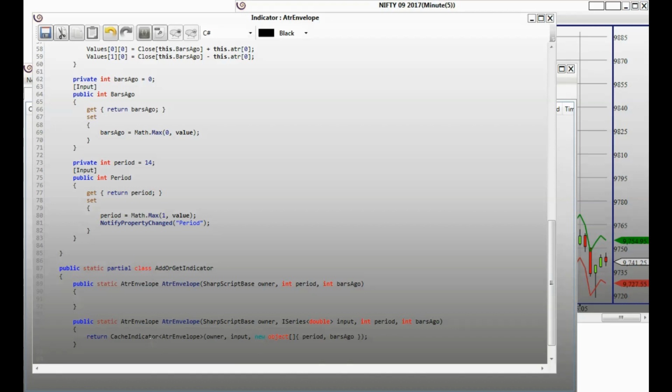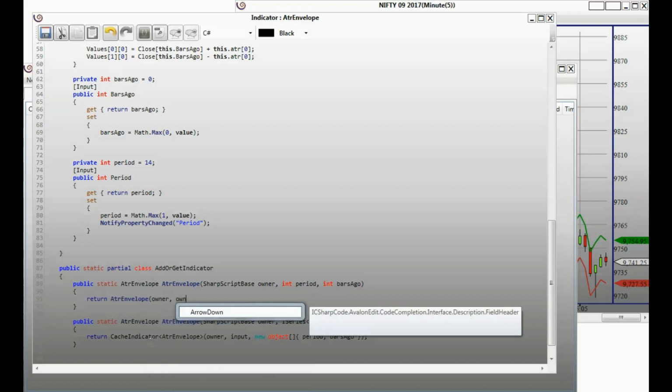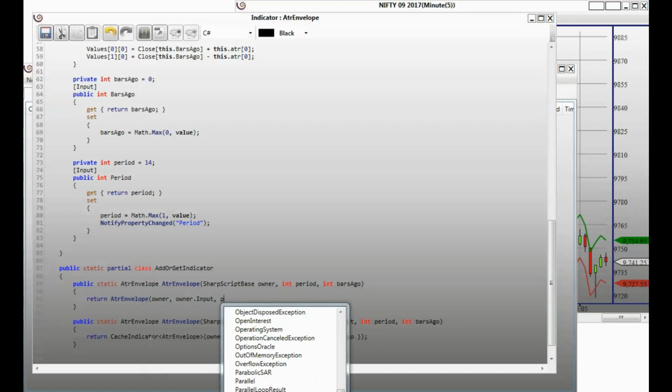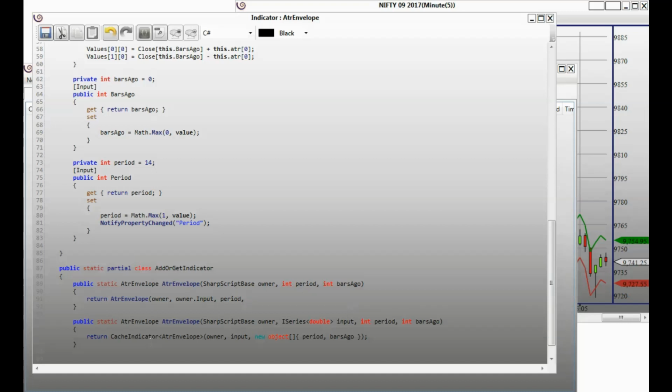And here we will set return ATR envelope owner dot input, period, bars ago. Okay,